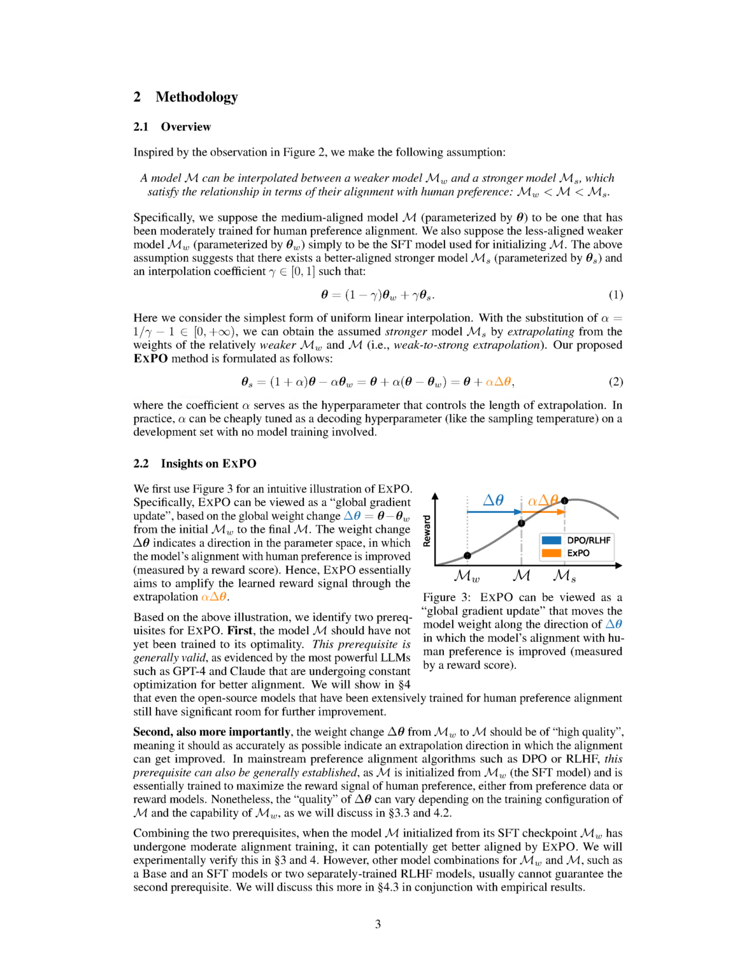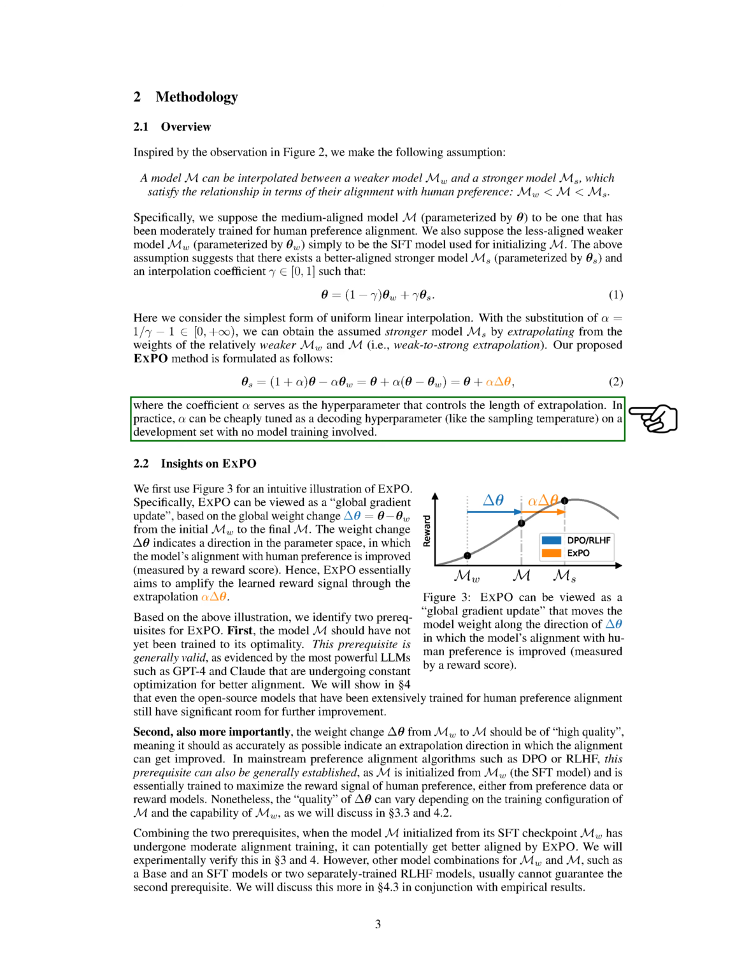Section Summary. In this section, we explore the concept of model interpolation to enhance large language models' alignment with human preference. By leveraging a method called EXPO, model extrapolation, we demonstrate that a stronger model can be obtained by extrapolating from the weights of two relatively weaker models, without additional training. This approach significantly improves the alignment of various language models, surpassing fully trained models and enhancing off-the-shelf models by up to 6.8% on benchmarks like Alpaca Eval 2.0, showcasing promising potential for future research in boosting language models' capabilities.